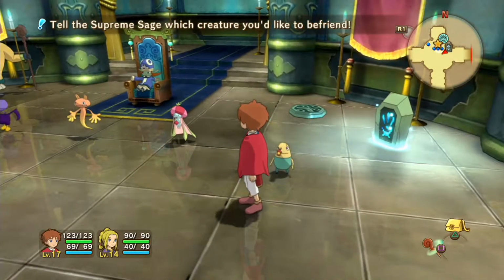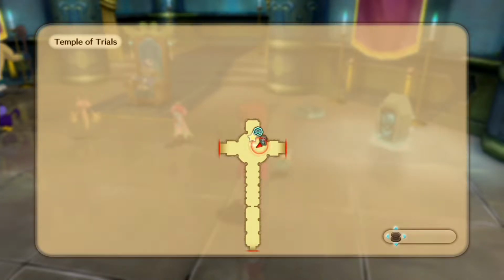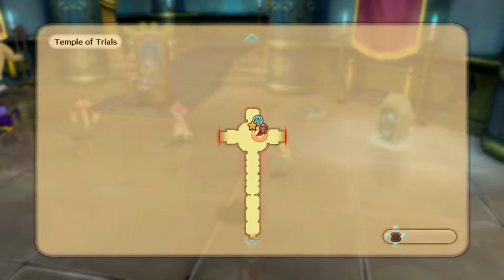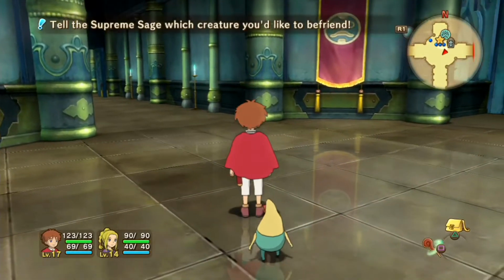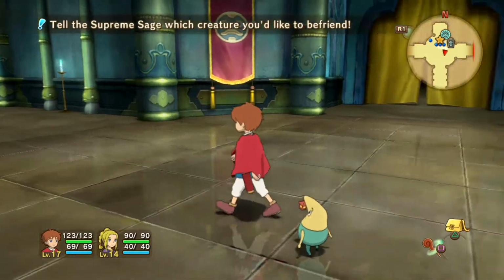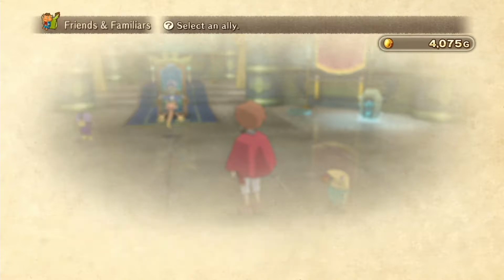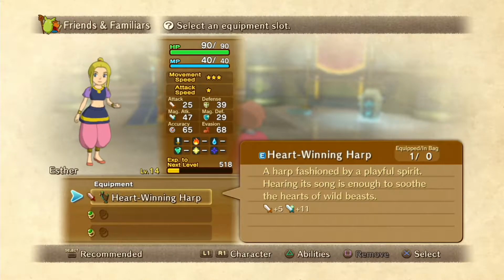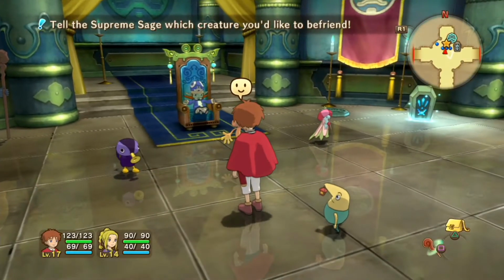Last time, we made our way to the Temple of Trials here, and we passed the 3 trials. We passed the Trial of Friendship on the left. We passed that one second, actually. We passed the Trial of Wits over on the right. That was the first one we did. And then we went through a glowing door that no longer exists to pass the Trial of Strength. And then we got an item for Miss Esther here. I think she has it automatically equipped, yes. The Heart-Winning Harp, which basically enables us to capture familiars out in the field. So that's pretty nice. And in order to test it out, Sir Solomon over there, the Great Grand Sage, is